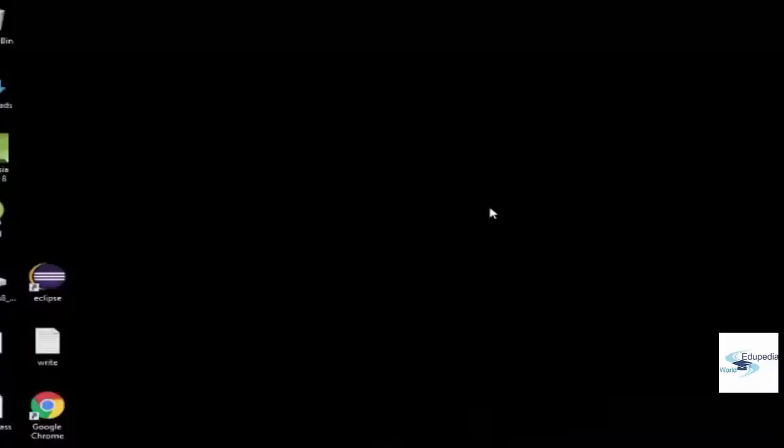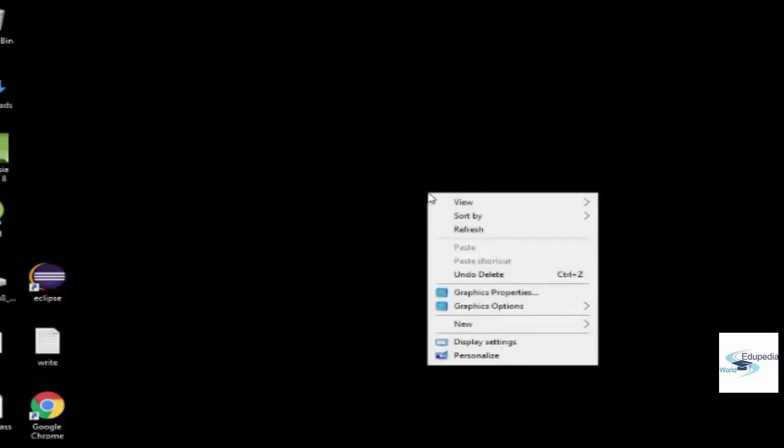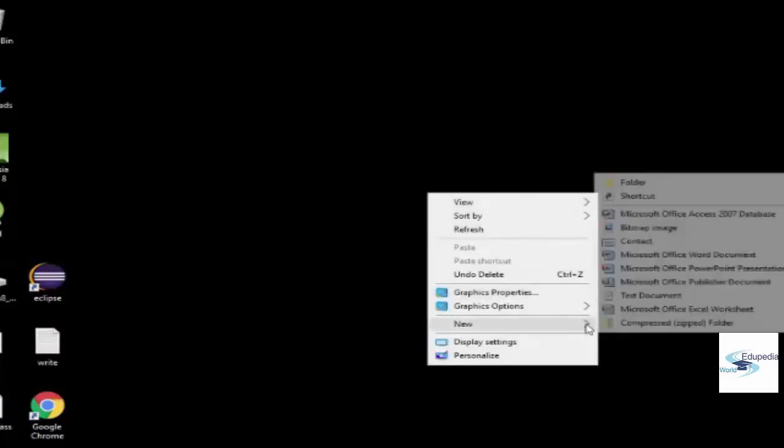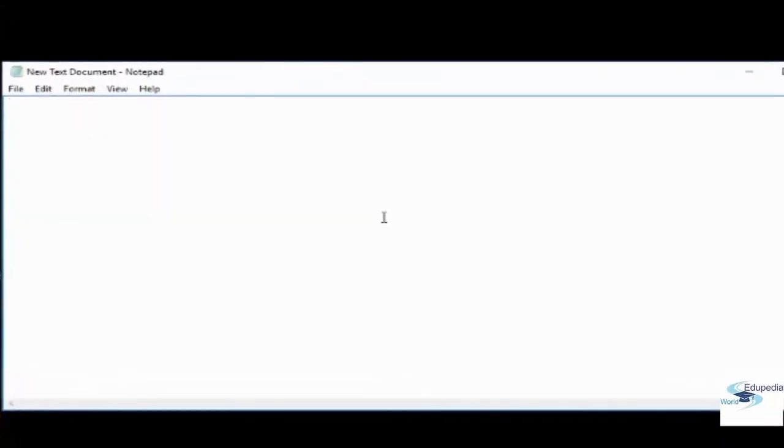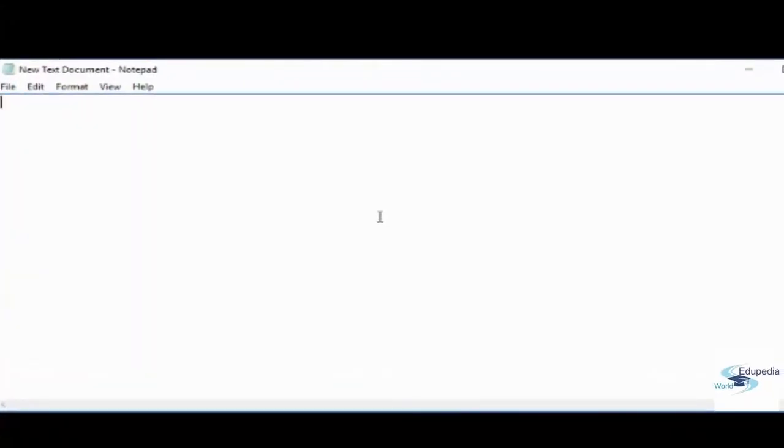Okay guys, now we are ready to create our first Java program. So you can just open a notepad. I'm going to open a notepad over here. In this notepad, we can start writing a Java program. So we are going to write a very simple hello world Java program. So everything in Java has to be within a class. So first and foremost thing, we need to create a class. So I'm going to do a class HelloWorld and then braces.